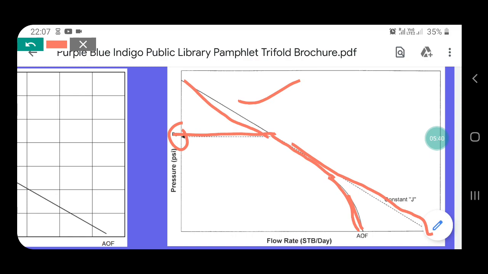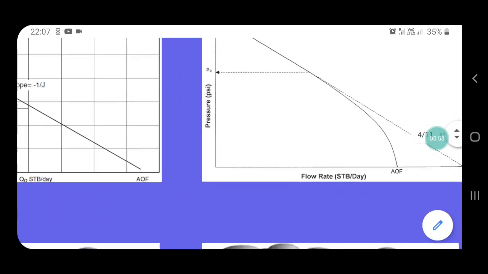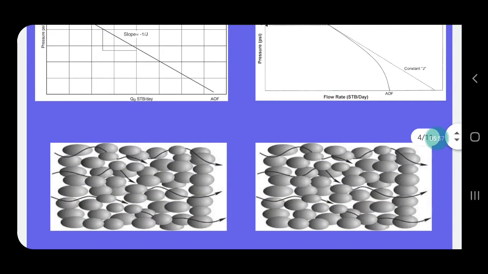So the flow rate which you will obtain in the actual scenario will be far lesser than what you will be obtaining in the single phase flow curve. So if I explain this deviation with the help of this diagram, I have taken two porous media